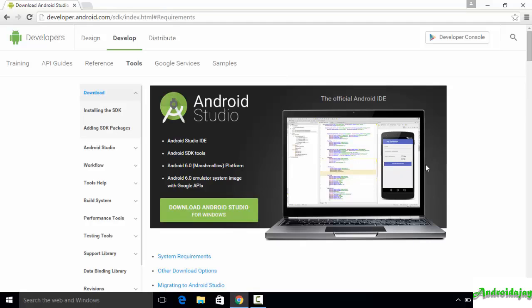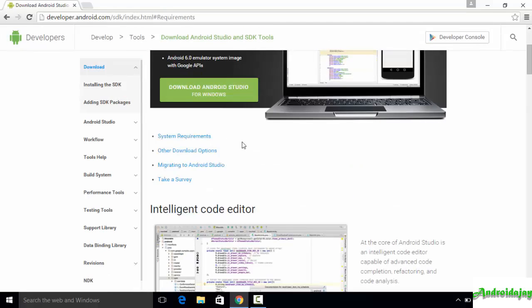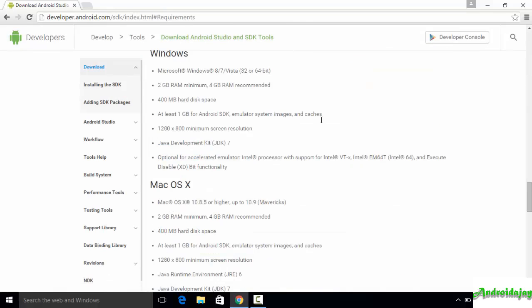So it is going to create a virtual device for us so that we could run our Android applications, and it needs to allocate some memory separately to it. So you need at least 4 GB of RAM if you want to install the Android Studio. It works on 2 GB RAM, but the thing is that it takes a lot of time for the emulator to load up, and you'll have to wait a lot for the app to get running on the emulator. And also make sure that you have the 400 MB hard disk space, and the rest of the requirements are